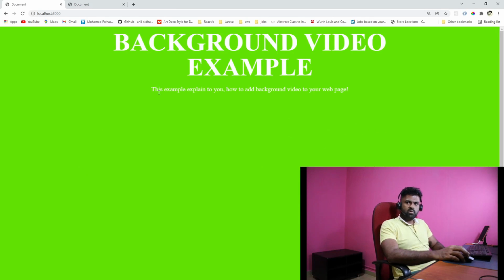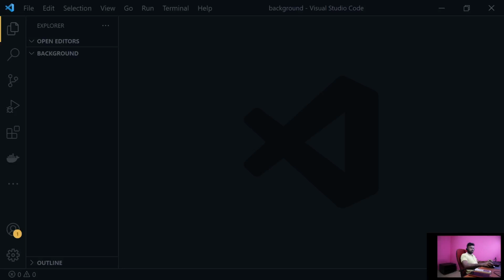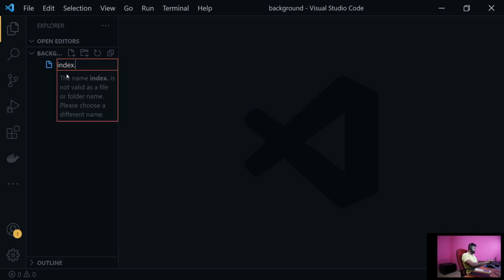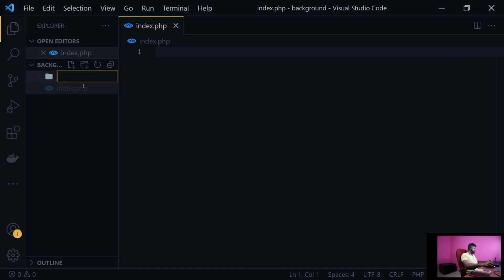Okay, let's go to the coding. Let's do the example. First I will show you how to add a background video to your web page statically. That means without dynamically changing the background video, just a static way to add the video. Let's create index.php, and also we need a folder called uploads. Within this index.php,